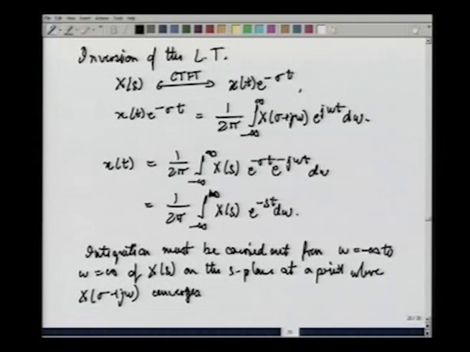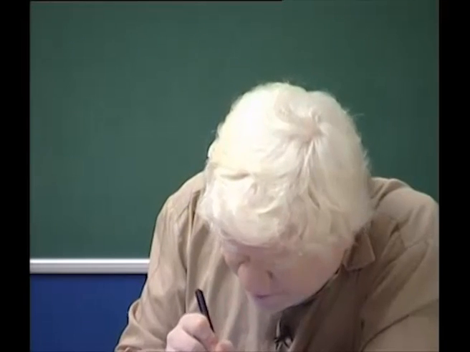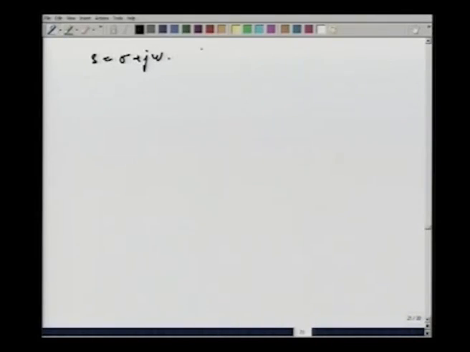Now, once we recognize this point, we can make the final changes to bring the expression into proper form. s equals sigma plus j omega. So, ds by d omega equals plus j, or d omega equals ds by j. You have this. Furthermore, s, as we just said, must be chosen, the points over which integration is carried out must be chosen to lie within the ROC. So, we will say